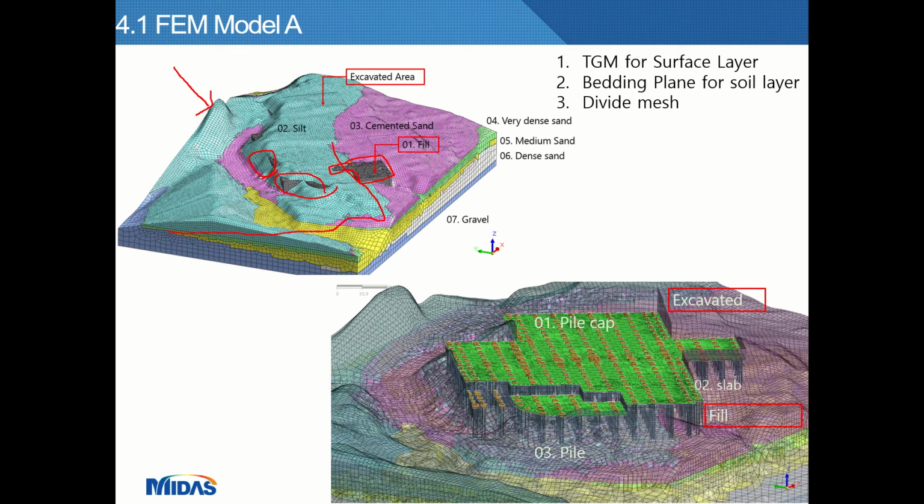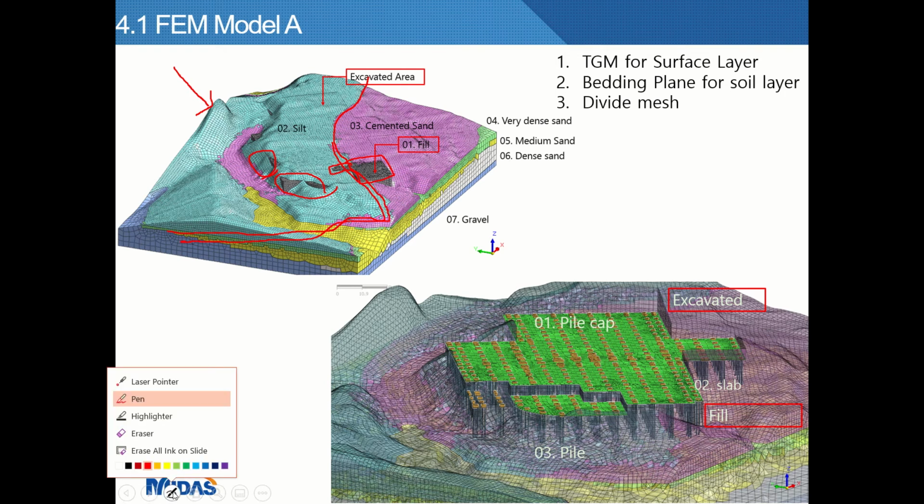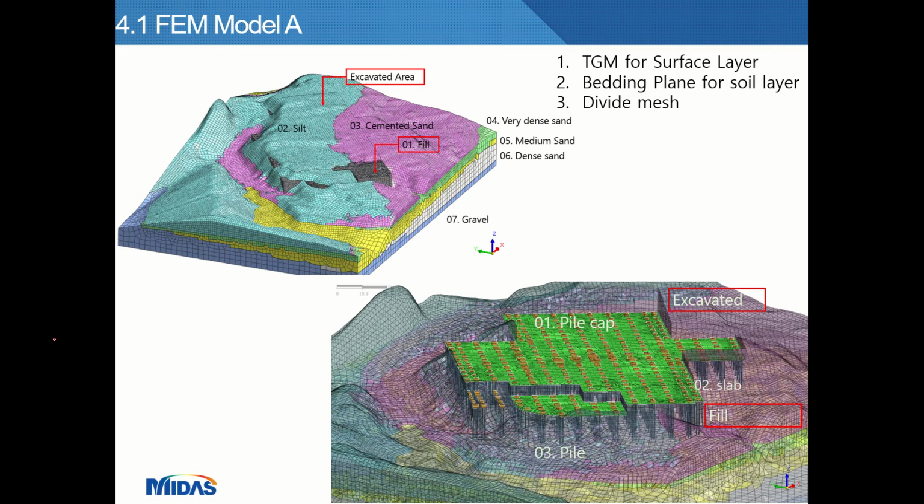I would like to explain why the cut of the mesh, the soil layer, is not smooth. What I did here is not the conventional trick where I cut the geometry according to the soil layers, because I'm going to introduce you to a new feature in Midas. I think it came in 2021, called divide mesh. It's one of the features that I quite like, and I will explain why.